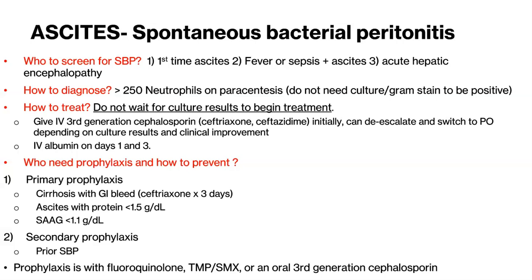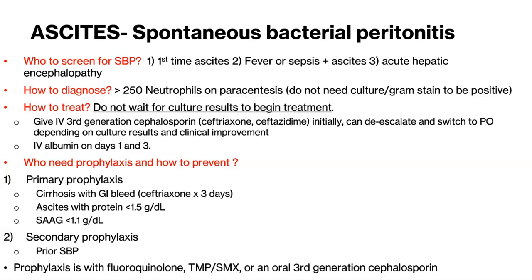In patients with ascites, spontaneous bacterial peritonitis is a common complication. People should be screened for SBP the first time they have ascites, if they have ascites and they present with fever or signs of sepsis, or if they are presenting with acute hepatic encephalopathy. SBP is diagnosed when there are more than 250 neutrophils seen on the cell count done on the ascitic fluid